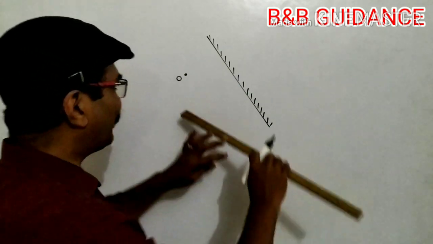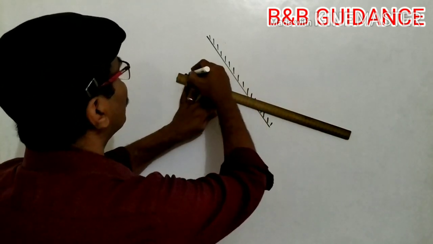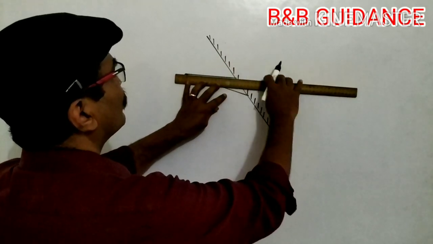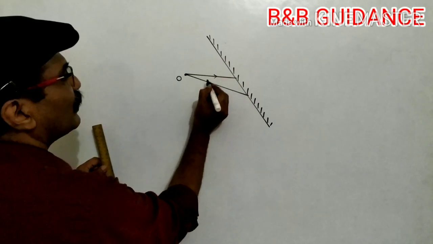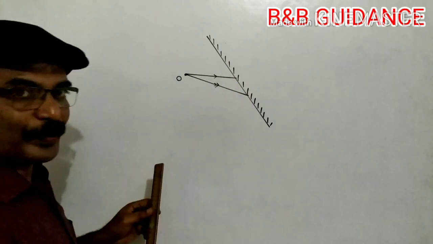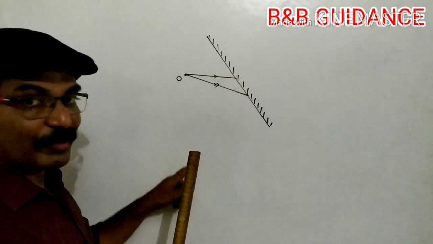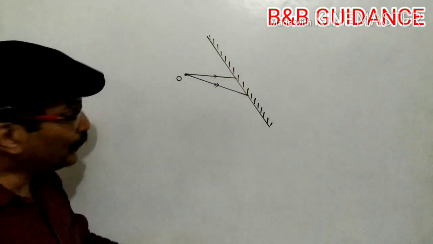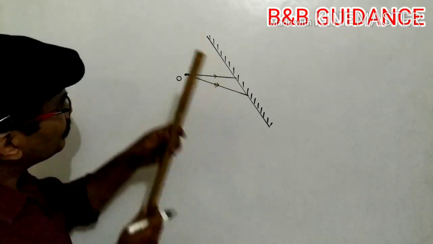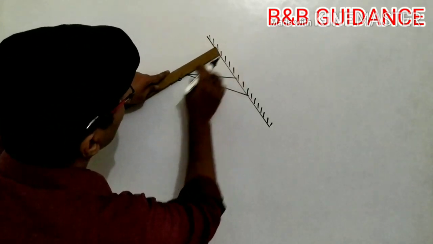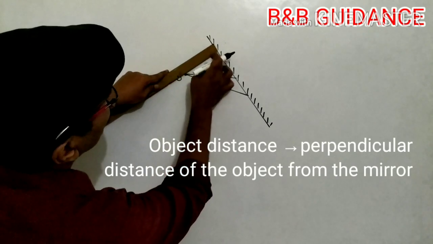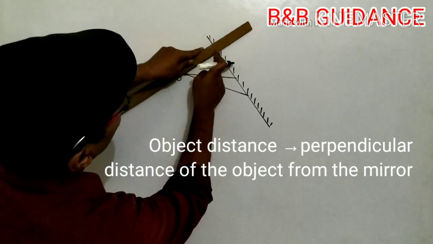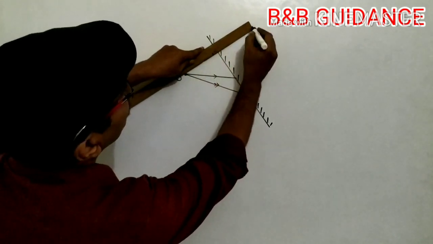Same rule. You have to take two rays from here. Isn't it? This is the first ray and this one is the second ray, suppose. This should be reflected from there. So I will not draw the reflected ray first. Before that, what will I do? I will take this object distance, from here to here. Okay? And the same distance, I will make it like this. I'll mark it.